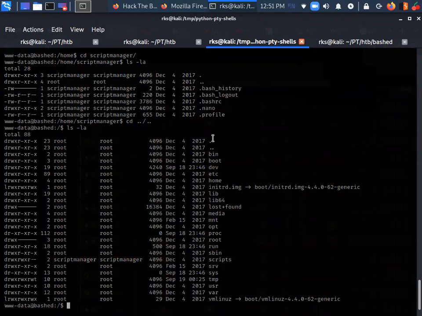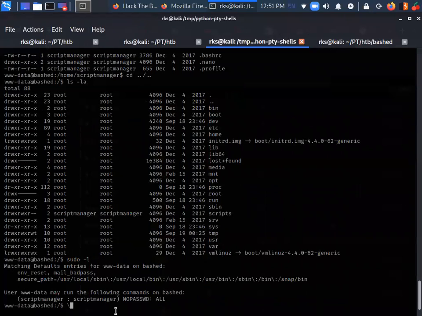Okay. So first of all, let's see what all commands am I able to run as some other user. So let's do sudo -l to see my privileges. And here I can see that I can do sudo as a script manager without any password, and I can run all the commands.